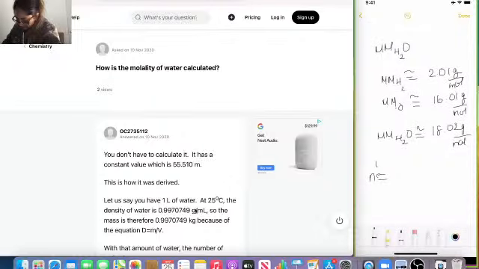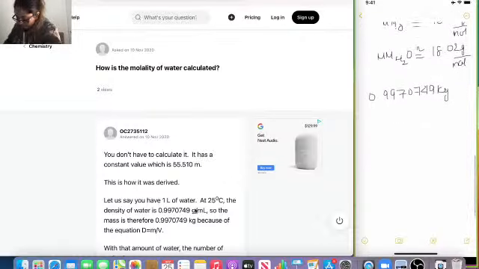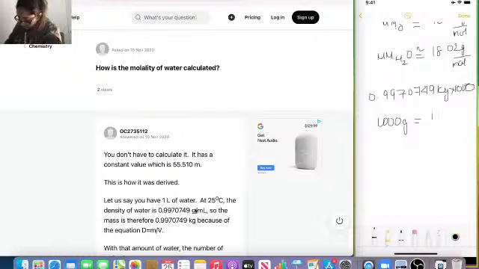So let's first convert 0.9970749 kilograms to grams. We would have to multiply this by 1,000, since 1,000 grams equal 1 kg. So we multiply this by 1,000, and what we get is